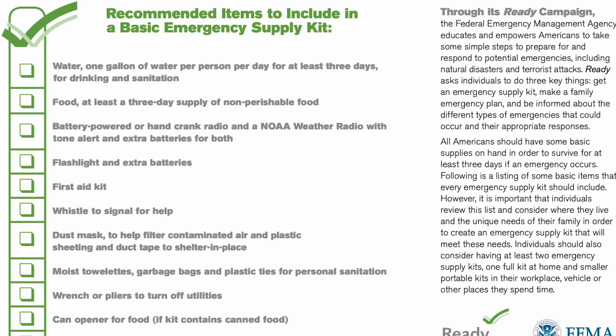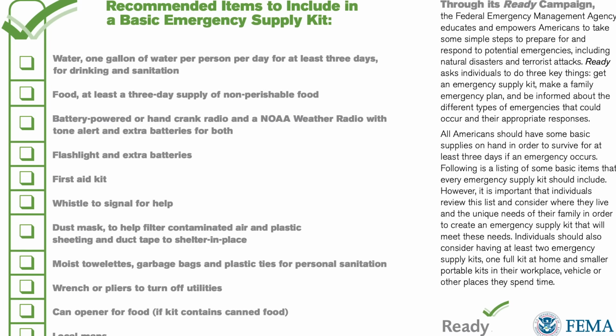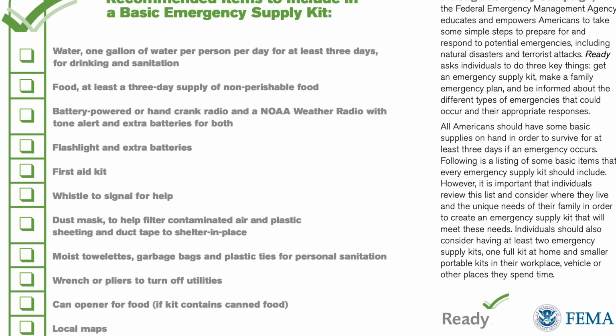Welcome back, survivalists. So FEMA, the Federal Emergency Management Agency, has a very specific list of items it wants all Americans to have in their homes at all times to be prepared for any number of man-made or natural disasters. And this is a general emergency kit to prepare you and your family for anything from tornadoes to hurricanes to pandemics. So today we're going to run through each of these individual items that you should have in your FEMA